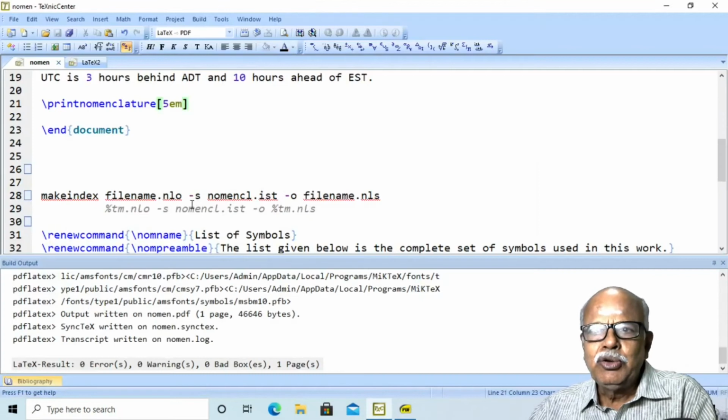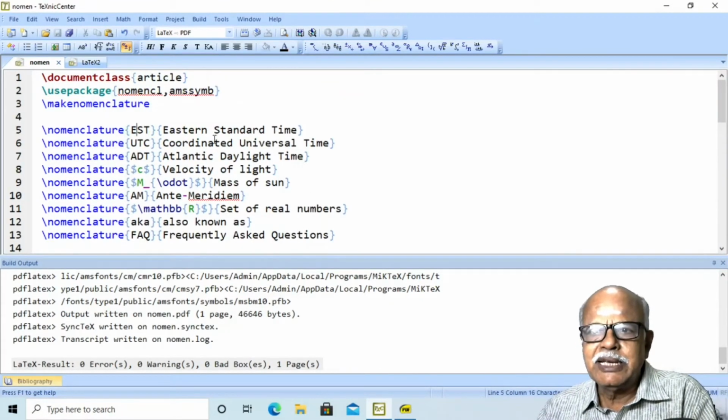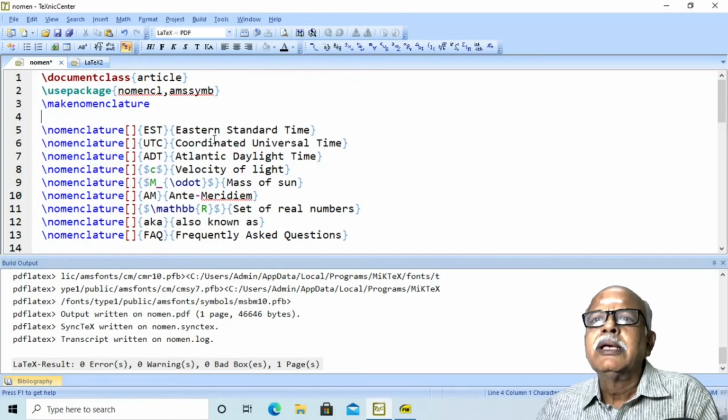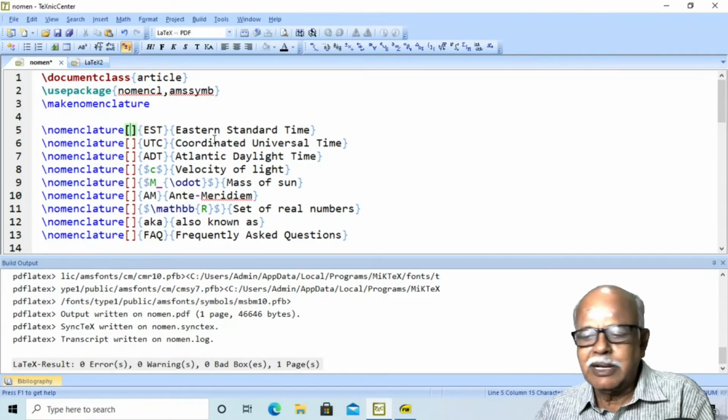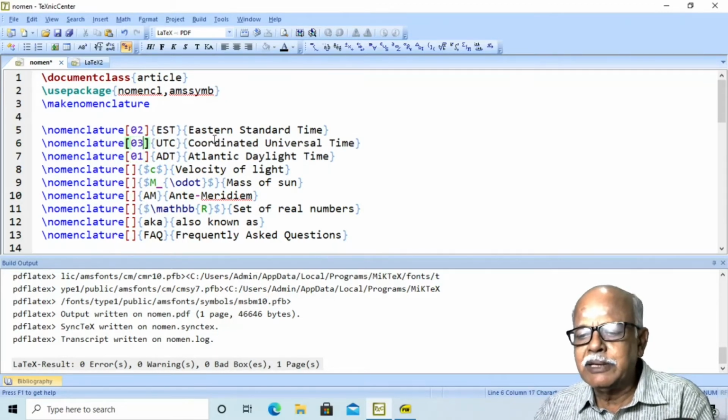Suppose you want to have an order of your own. Here you can have in the option bracket 0, 1, let us say 0, 2, and here 0, 1, and then 0, 3.